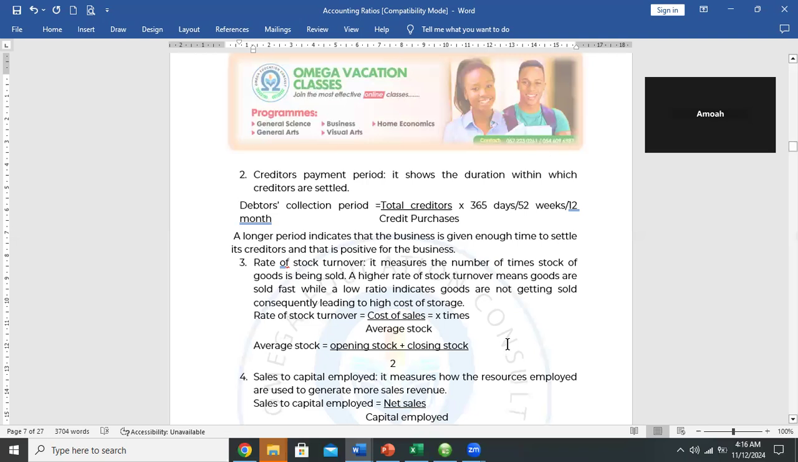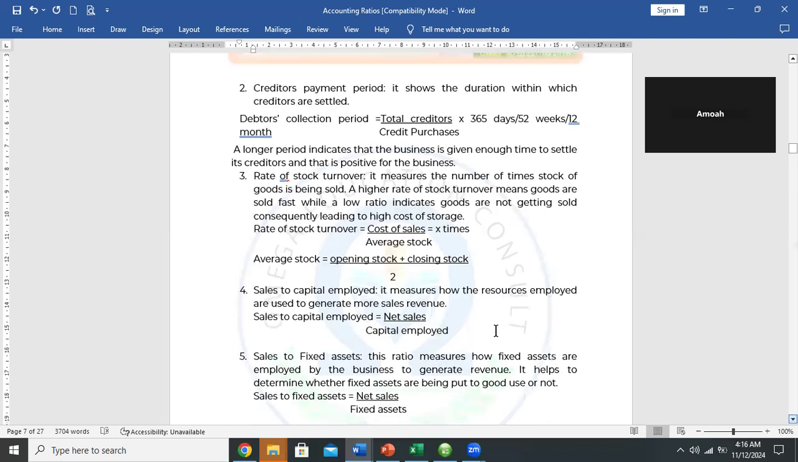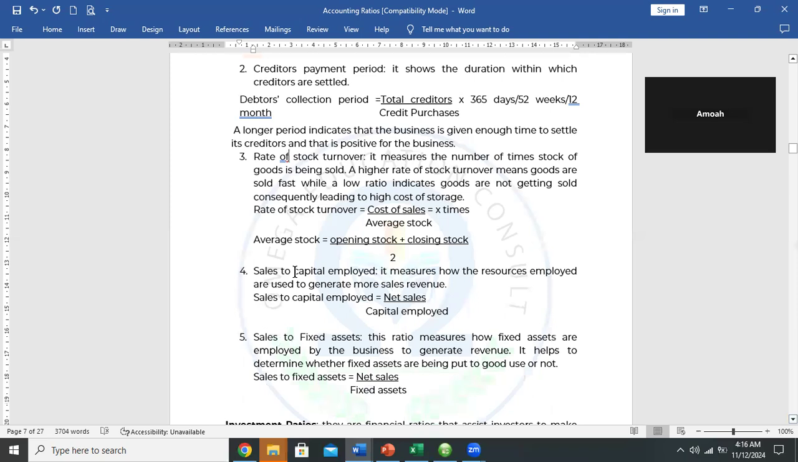The last but one ratio we'll look at is the sales to capital employed. This ratio looks at the relationship between your sales and the resources you have invested, the capital you have employed. The formula is simple: your net sales divided by capital employed. Then we also have the sales to fixed assets, which is your sales divided by fixed assets. You want to look at how your fixed assets help you to sell your goods. But like I indicated, dear professors, since we are preparing for WASSCE,